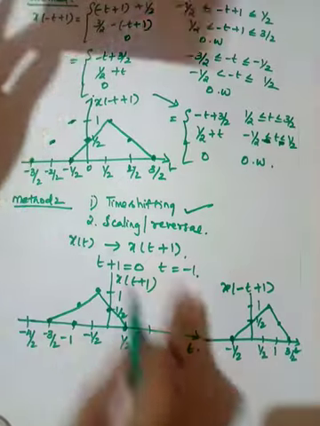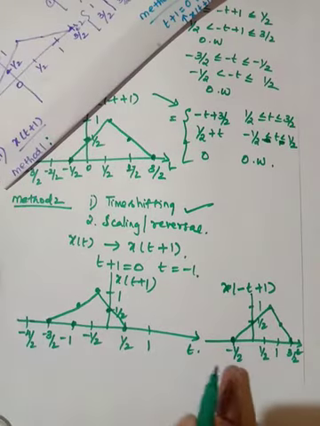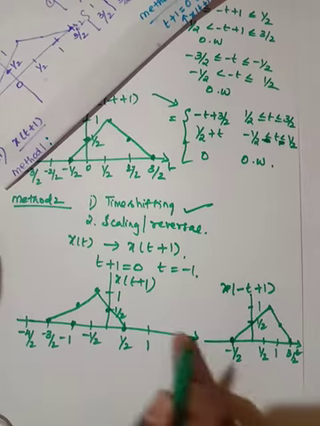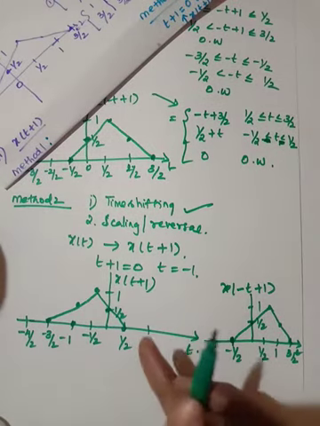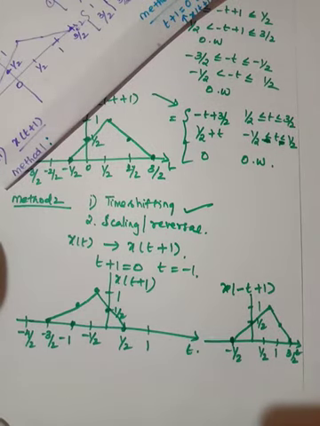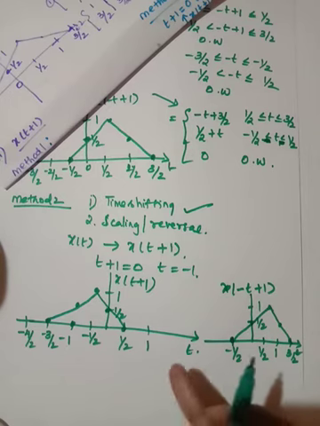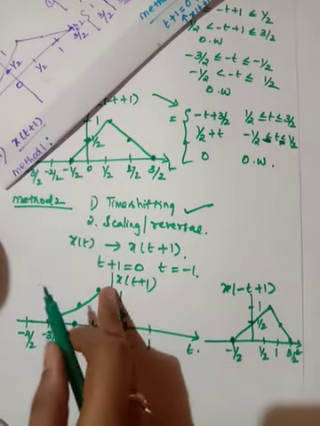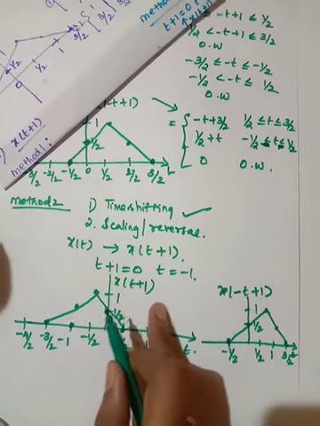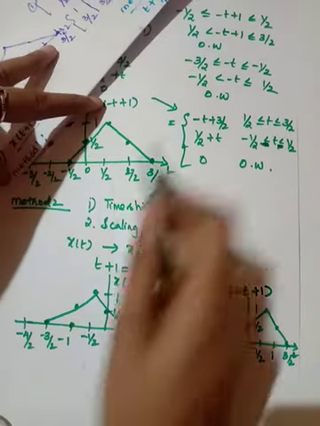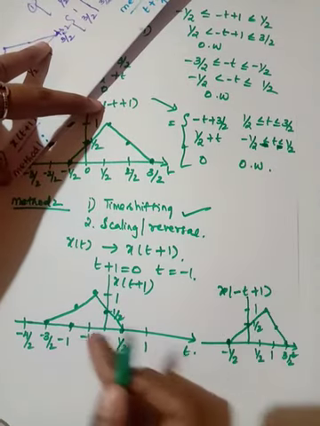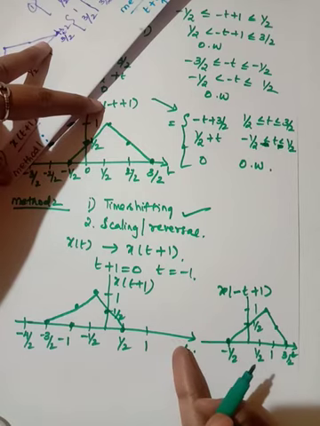Now see both the signals, both are the same. So you can do this combined operation either by method 1 or method 2. When you become familiar with these procedures, you can directly do method 2, because in method 2 there is no need to write all these expressions. Directly you can do method 2.